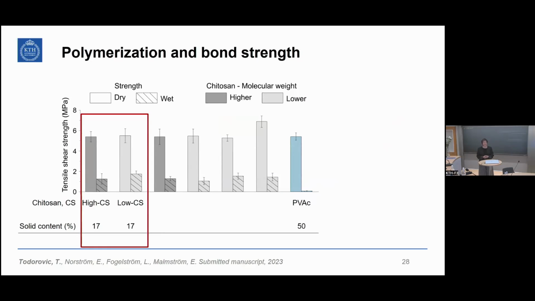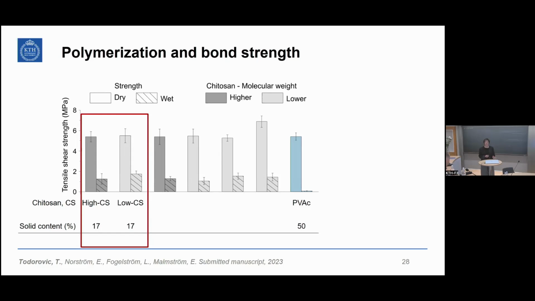So first, we prepared adhesives with different formulations. We used Chitosan both with higher and lower molecular weight, because Chitosan, similar to locust bean gum, what we saw before, has very high viscosity at low concentrations. So by using lower molecular weight Chitosan, we could decrease the viscosity of the adhesives and then change the formulation, increase, for example, the solid content. In the first